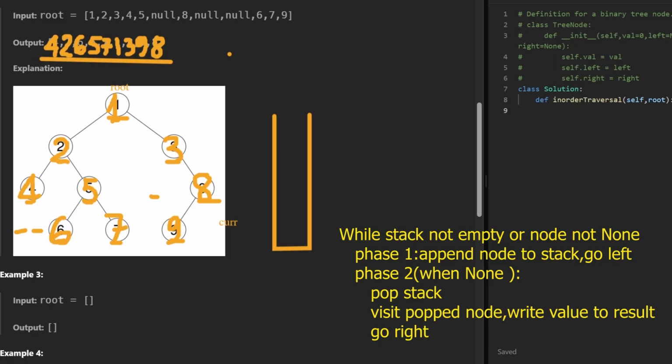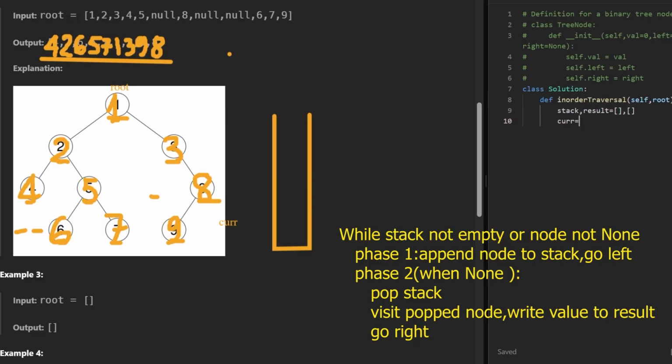Alright, are you still with me? Let's jump right into Python. First of all, create an empty stack and an empty result array. Next, create pointer curve to point to the same node as root. Now, begin the two-phase process that will run as long as curve is not none or the stack is not